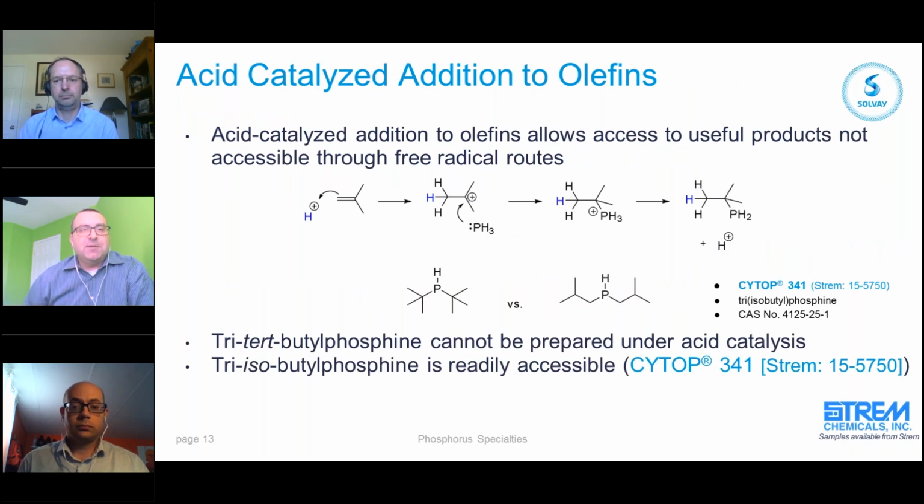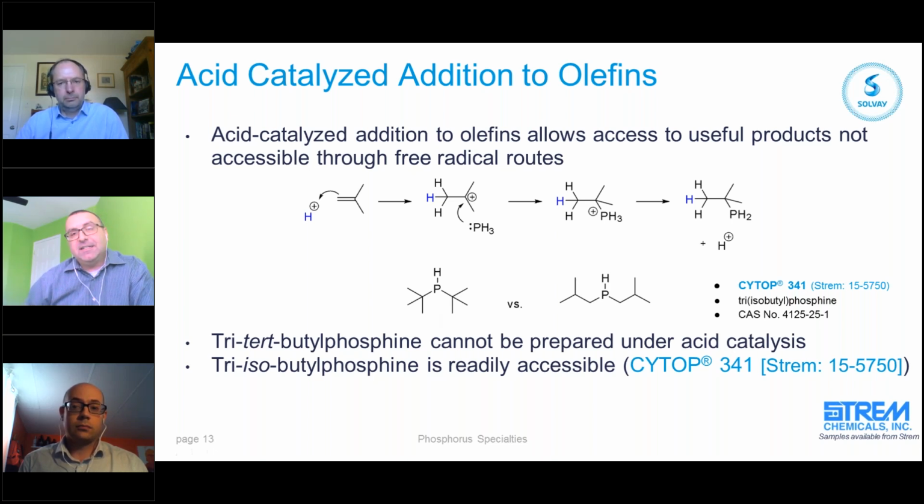Of course, we're not limited to radical-catalyzed addition of phosphine to olefins. I'm showing here the acid-catalyzed addition of phosphine to olefins. In this particular case, I've chosen to highlight the isobutene olefin. Strong acids will generate a carbocation at the most substituted carbon here. And of course, phosphine addition to that carbocation will lead to a slightly different structure than we saw for the radical addition. Under acid-catalyzed conditions, phosphine adds to isobutene to give a tert-butyl structure, as you see in the bottom left, where you see di-tert-butyl phosphine.